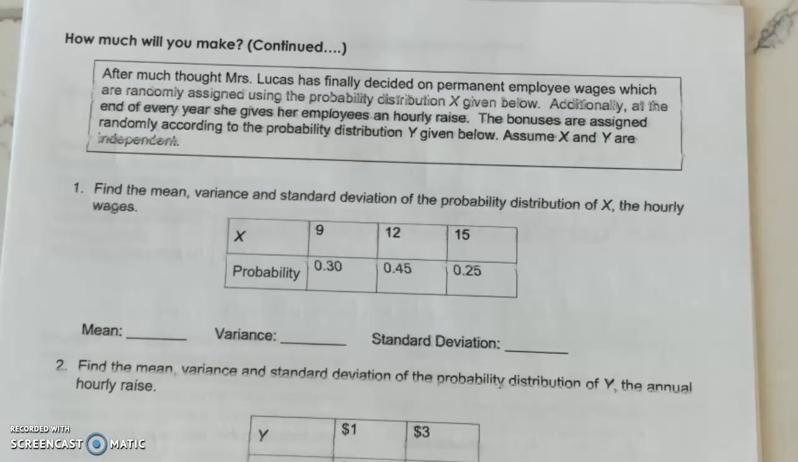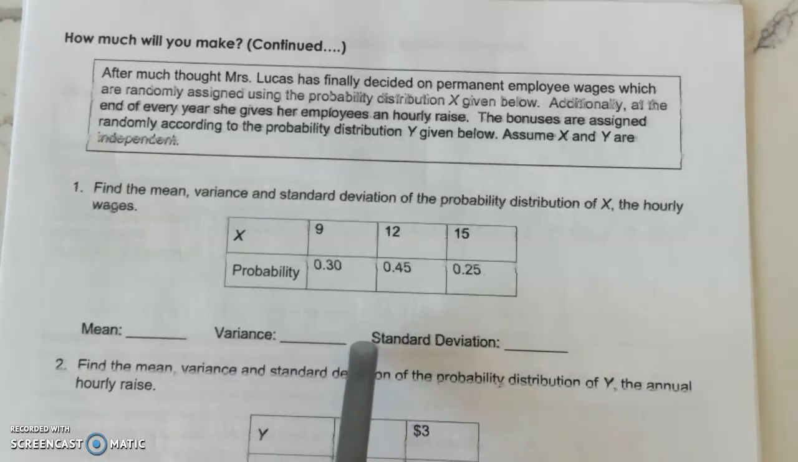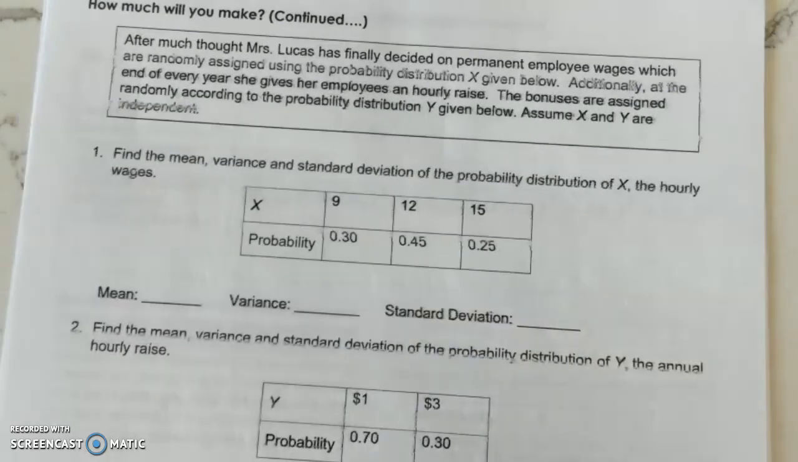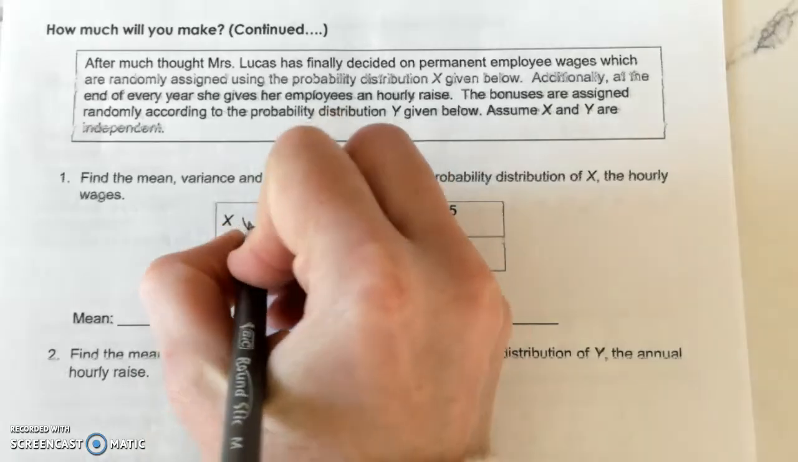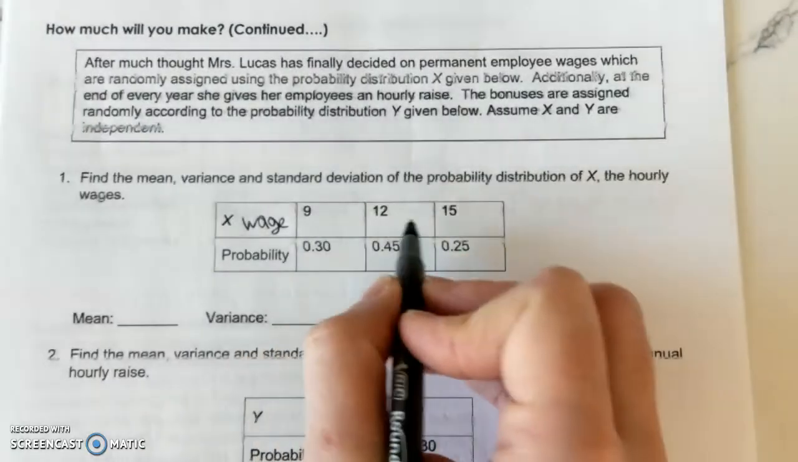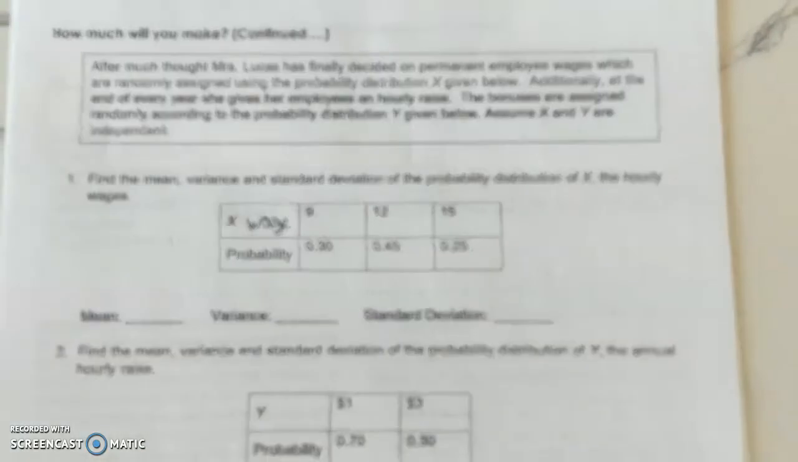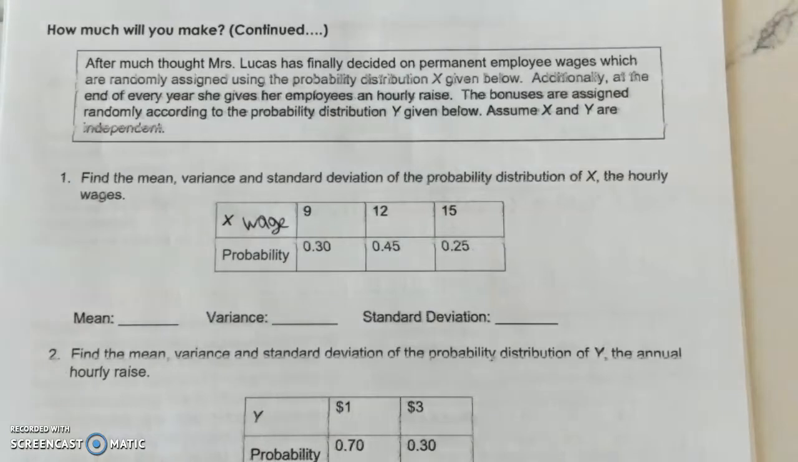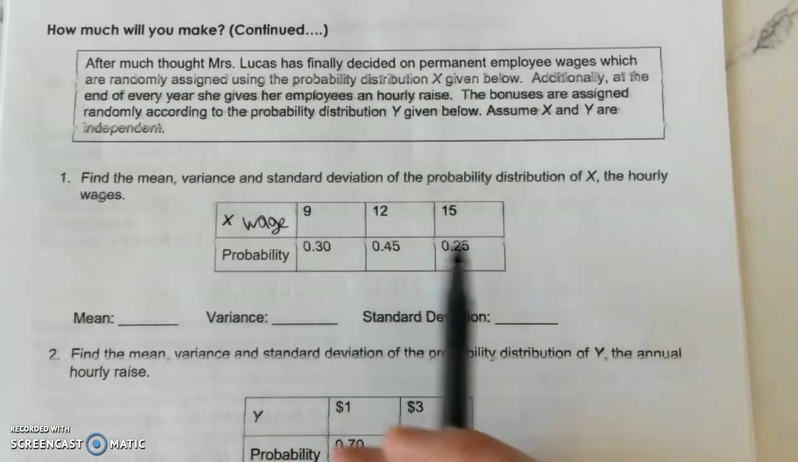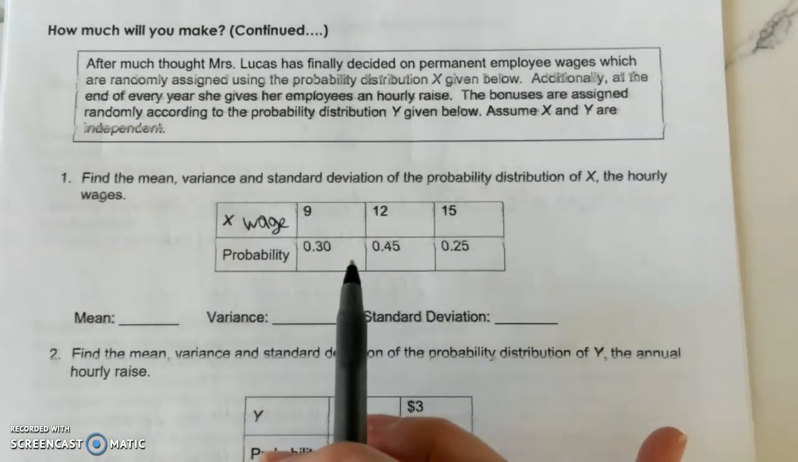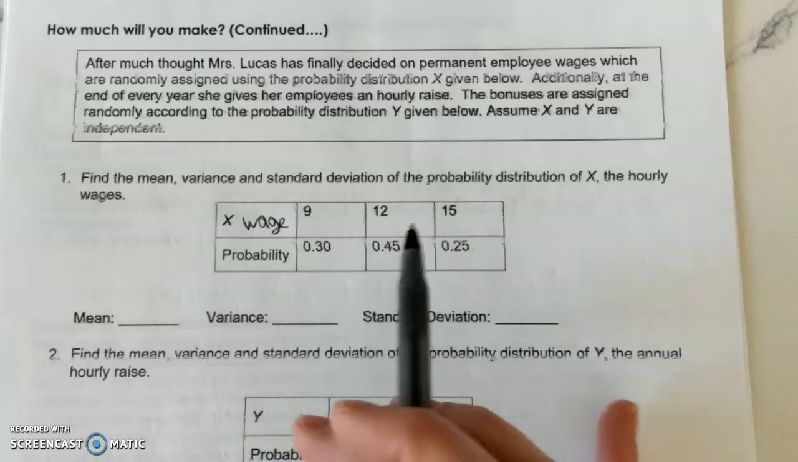So we're going to keep going with this same employee raise example. So after much thought, Ms. Lucas has decided on a permanent employee wage, and they're randomly assigned using this new probability distribution. All right, so X is my wage, right, my new wage. 9, 12, and 15. Ooh, I'm generous. All right, so probability distribution. 0.3, 0.45, 0.25, they're all between 0 and 1, and they all add up to 1, so it's a valid